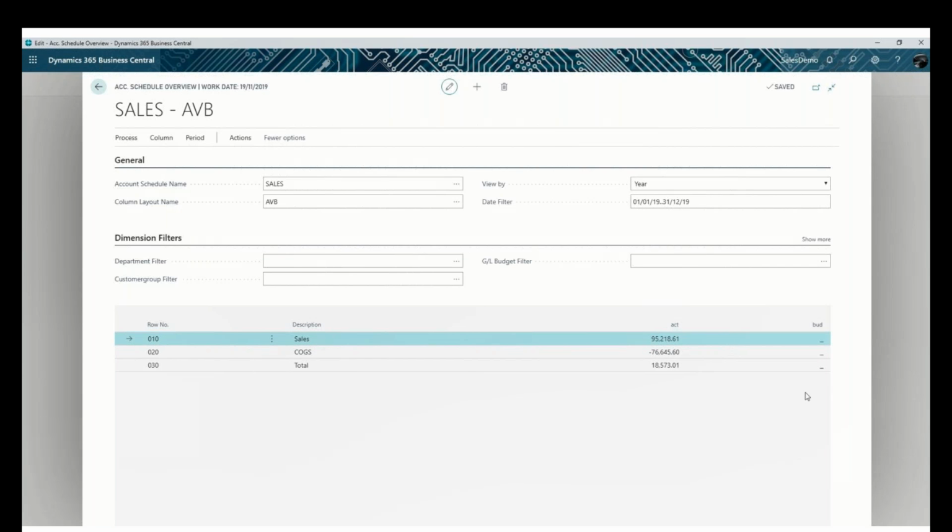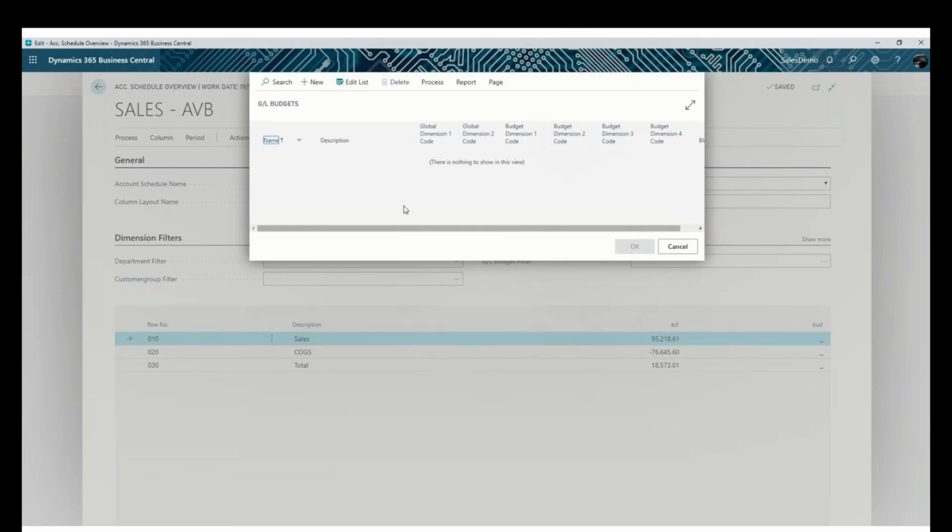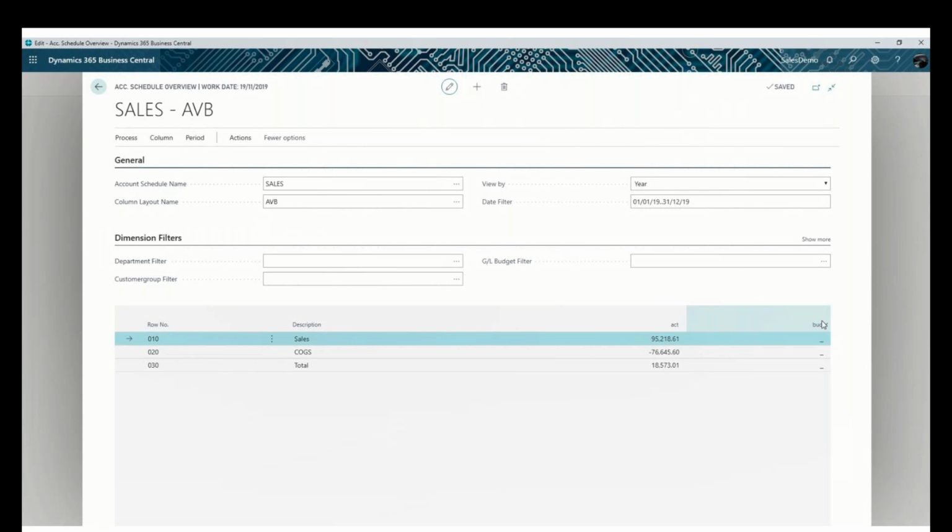Now I have an actuals column and a budget column. I can tell the system which budget to use, and I don't have any budgets to choose. But imagine I did. I'd see the budget numbers here, and there's nothing to stop me putting in another formula to say show me the variance between the budget and the actuals, because these column layouts are